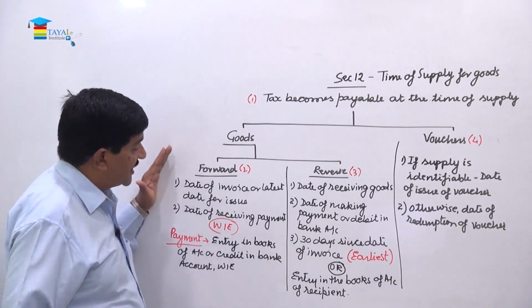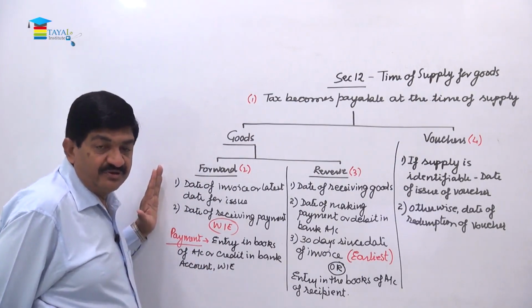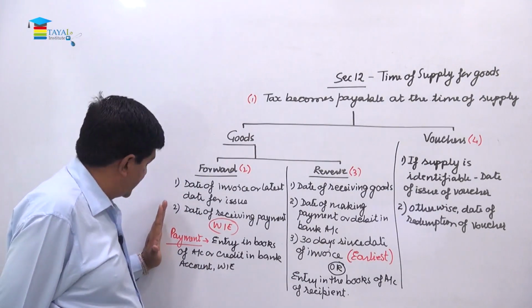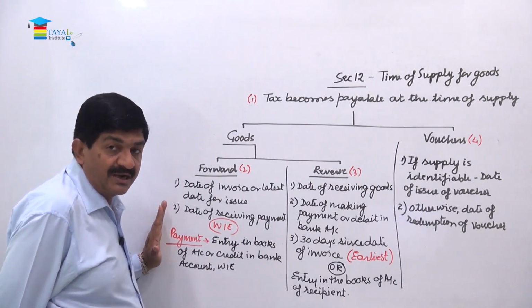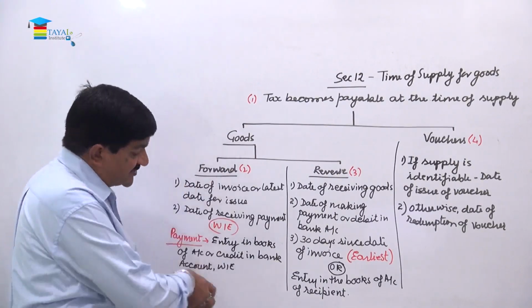And if it is a forward charge, then date of invoice or the last date thereof, or the date of receiving the payment, whichever is earlier. And payment means entry in the books of account or credit entry in the bank account, whichever comes earlier. Right, that is the time of payment. Now in this section,